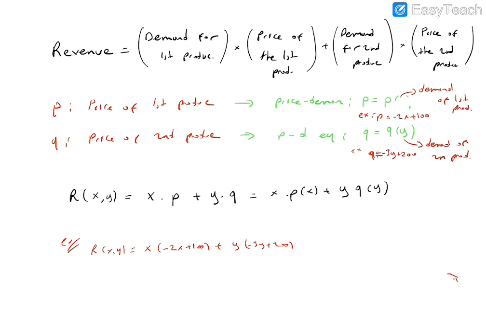Let's explain step by step. This price can depend on the demand of the first product x and the second product y, because one consumer can buy the standard board or the computational board. According to its price, they decide which board is better, and according to performance, of course. Sometimes it can depend on one variable, that's possible, but in general it depends on two variables. So here p and q are functions of x and y.